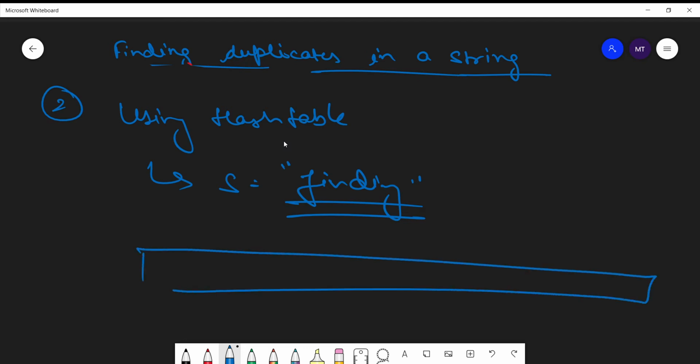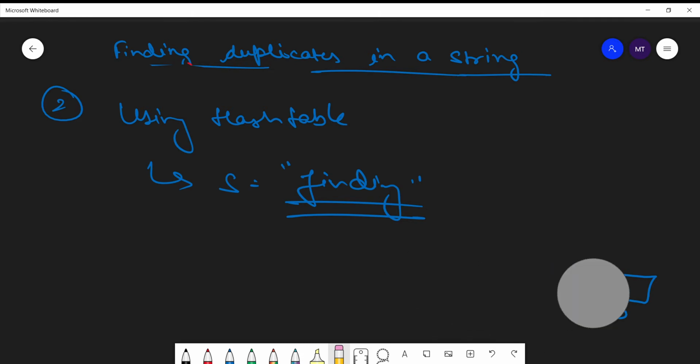The concept of a hash table is that there is a large array with some defined indexes, and we will initialize this array with 0. All the indexes are initialized with 0. I am not writing 0 inside for cleanliness, and we will now discuss this approach and elaborate this process. So let's move to the solution.